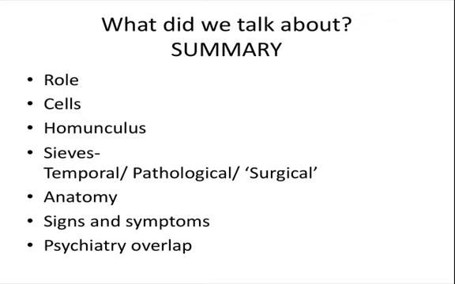We spoke about the homunculus, which is a useful way of considering the arrangement of the brain representative of sensation and motor around the body. Remember Rodin's Thinker. We looked at several different sieves, so the temporal sieve, which is very useful for the onset of symptoms, the pathological sieve at the end there, thinking about different disease processes, and the surgical sieve,